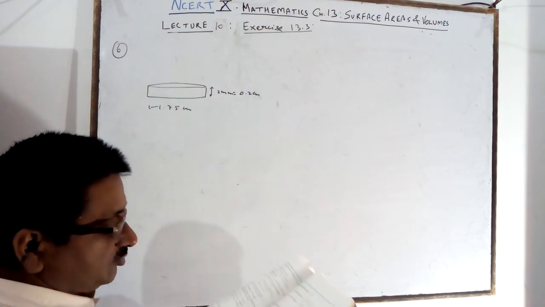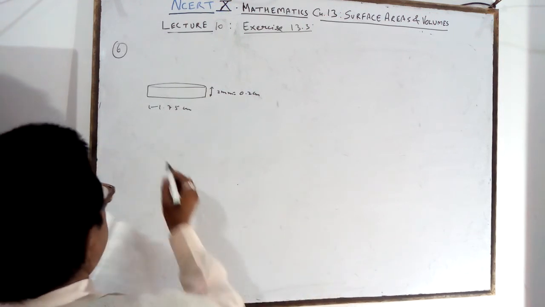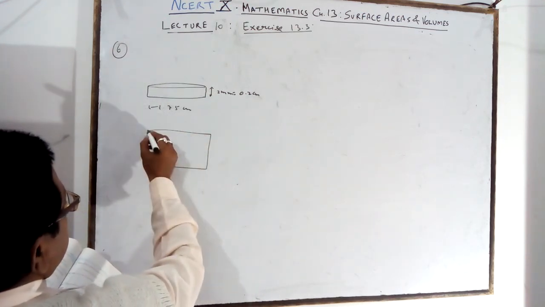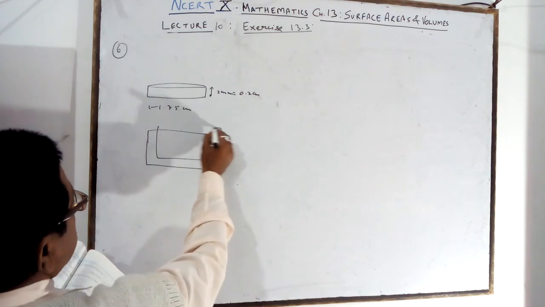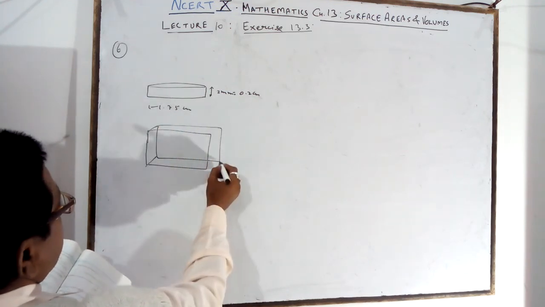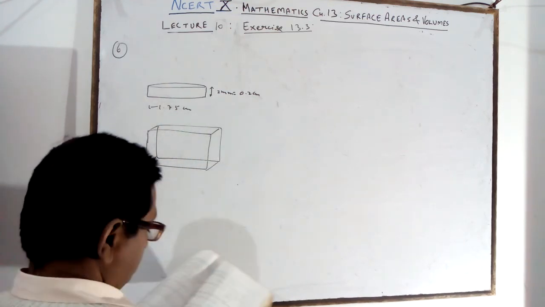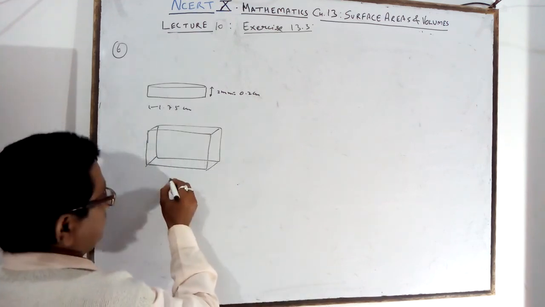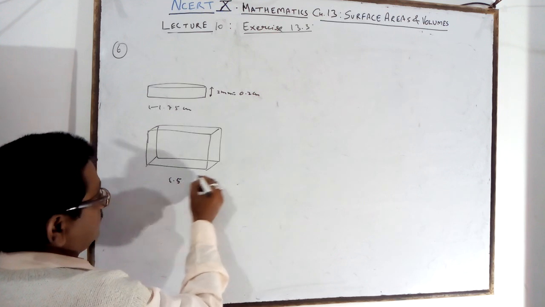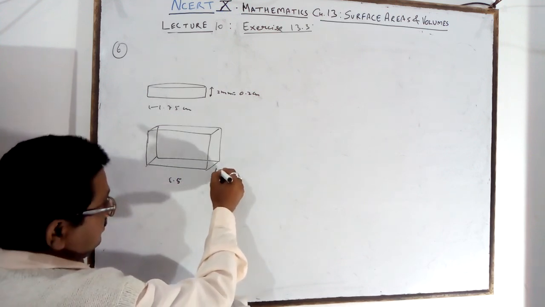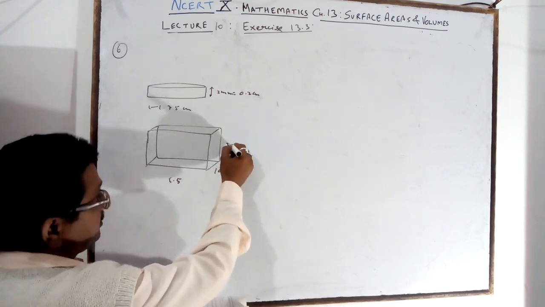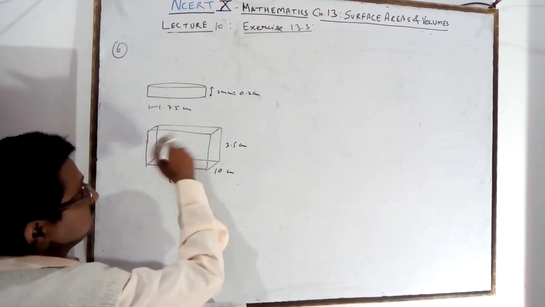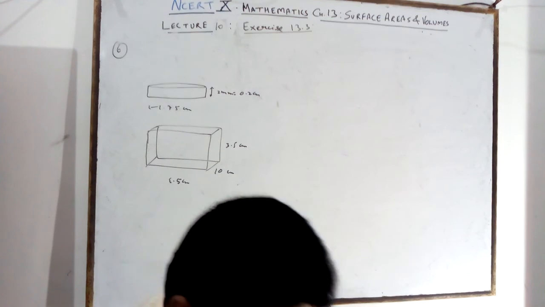Must be melted to form a cuboid of dimension. The cuboid you want to make has the given dimensions. Let the number of coins be x. So make the dimensions 5.5, 10 and 3.5, all in centimeter.